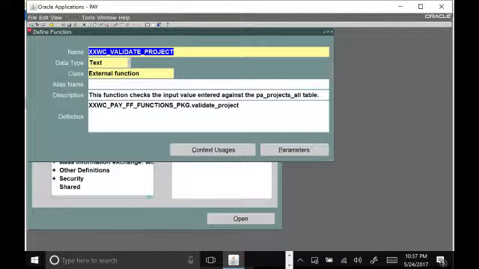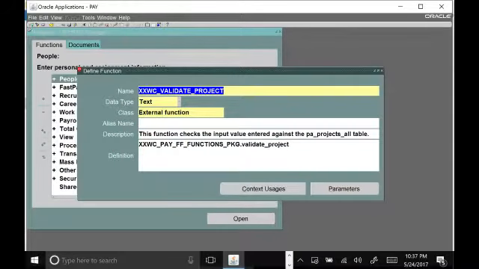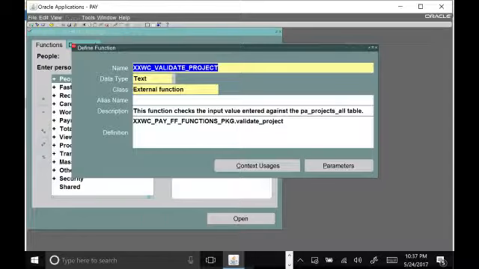So this screen that you see now is what's called the Define a Function screen. When I create a PL/SQL program in the database, in the schema, it's great, it sits there, but in order for fast formula to see it, I have to register it in the application. So I just go into the HR manager and go to total compensation, and I have a document